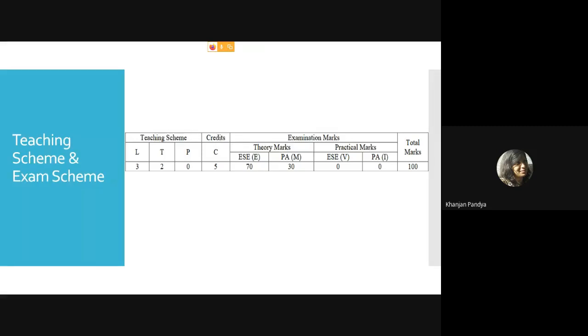So examination marks. Theory is 70 marks. Your GTU question paper will be of 70 marks. And we are taking your mid-semester of 30 marks. Right now we don't know whether the mid-semester will be offline, meaning you'll be writing the exam, or online. Also we don't know whether the mid-semester marks will be the best of 2 or the average of 2. So you have to pay more attention to the mid-semester.